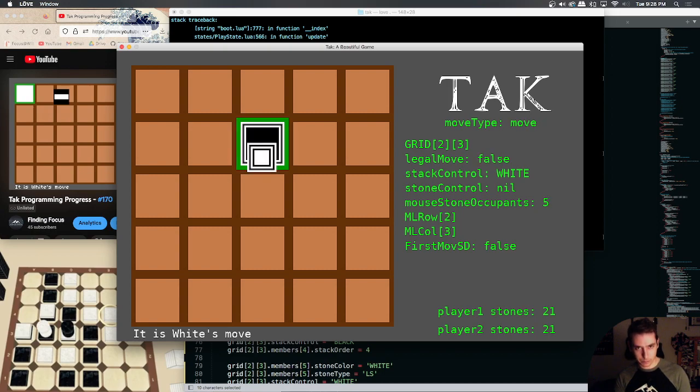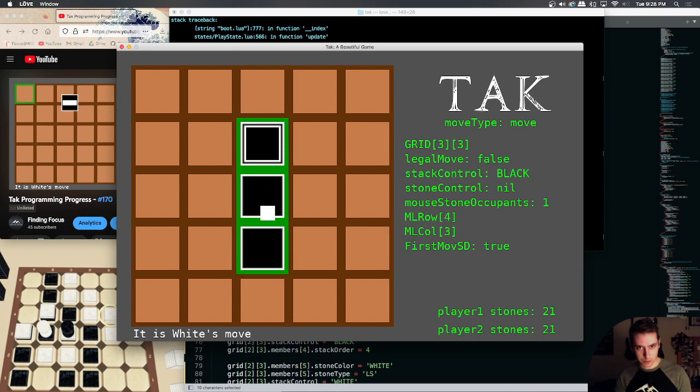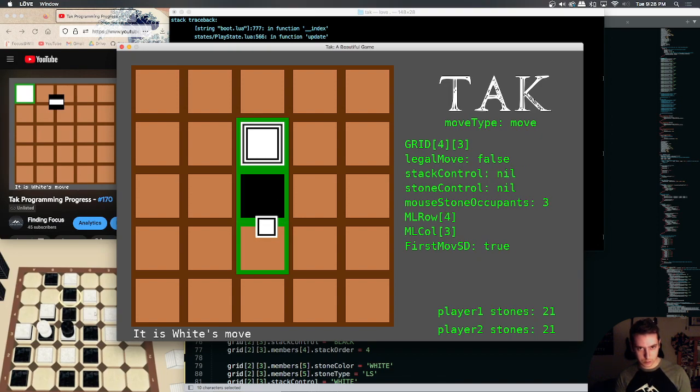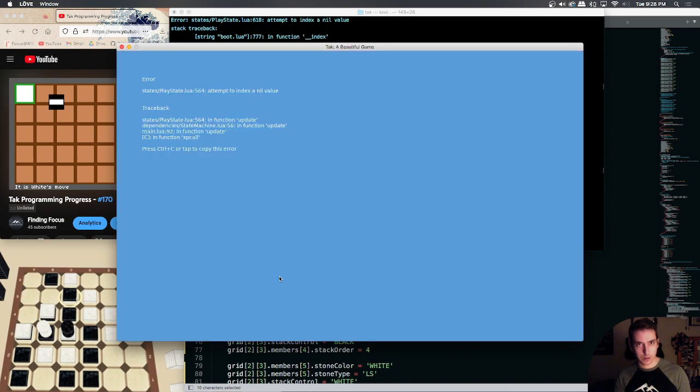Let's do that because I did that wrong. So we'll drop some here. It seems to be okay with that. See, look. We even had the fourth one there. That's exactly what we want, and we just don't want it to crash on the nil value here at the